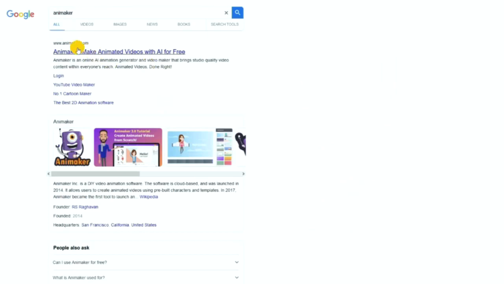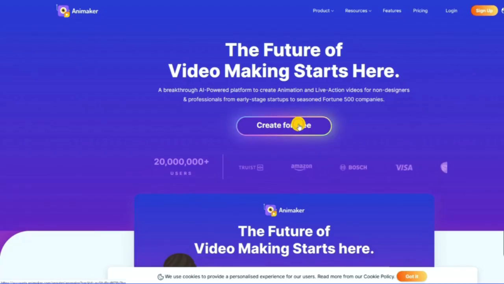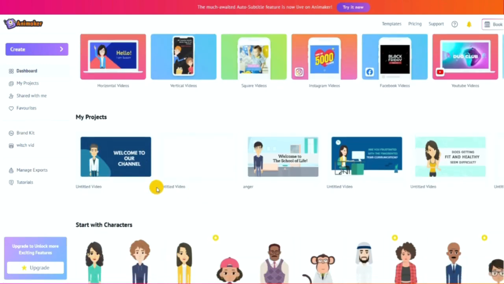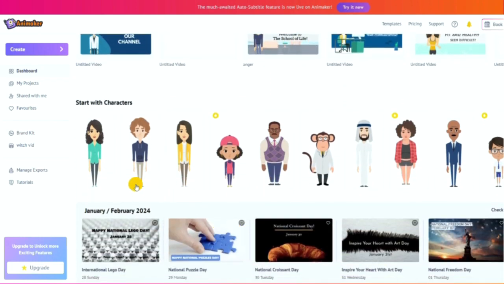So first we'll go to the Animaker website. Here we'll log in and click on create for free. And after that, we'll go to its dashboard. Here there are various options where you can create your project like horizontal, vertical, square video, Instagram, YouTube videos, and more and more. And below are my projects on which I've worked, and here are the characters, and then we